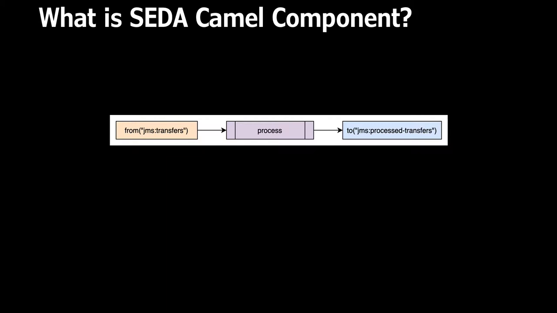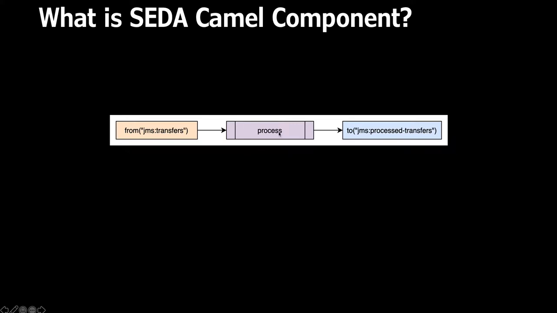Let's try to understand through this diagram over here. Let's say you have a route which is using some sort of JMS component. Your consumer is consuming from this endpoint, then you're passing through a list of processors, and then at the end maybe you are sending to another JMS. The problem with this route can be, if everything is good on a good day, maybe your system is performing really well, but let's say suddenly you have a spike in your system and you're getting too many transactions, or something funny going on in these processors.